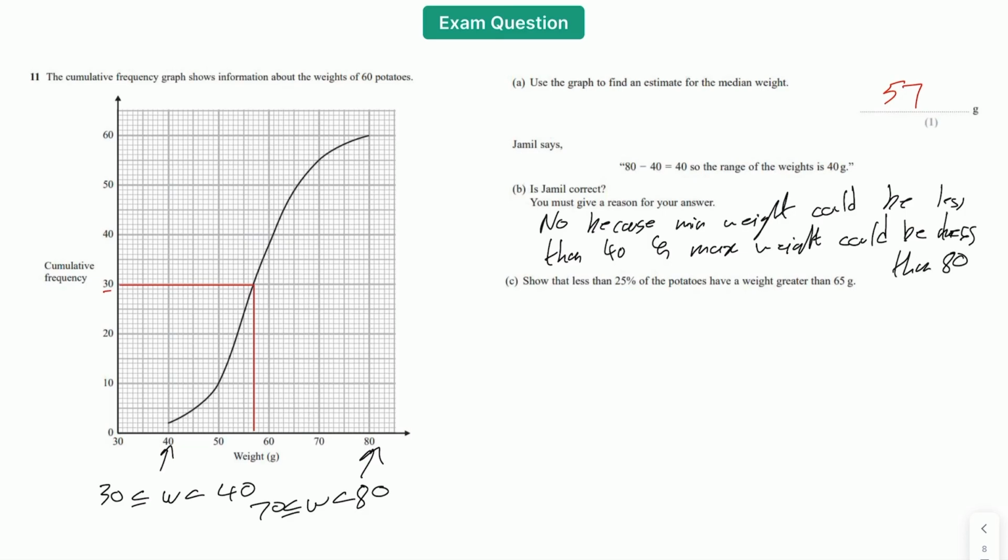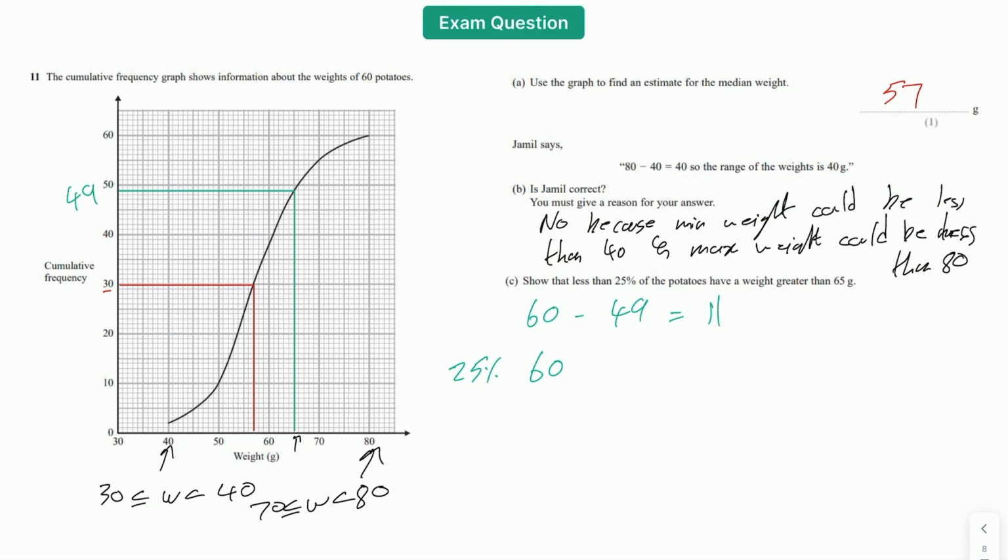than 80. Okay, show that less than 25% of the potatoes have a weight of greater than 65. So 65 is there, a line up from 65. It's that nicely there, and that looks like it's at 49, I'd say, so that's 49 there, so that's going to be 60, take away 49, just 11, and then, well, 25%, so if we have 60 altogether,